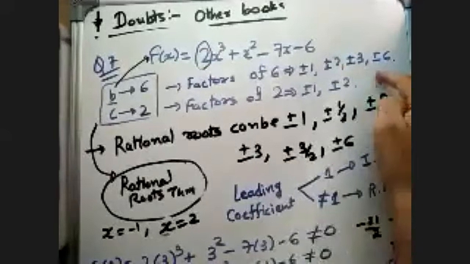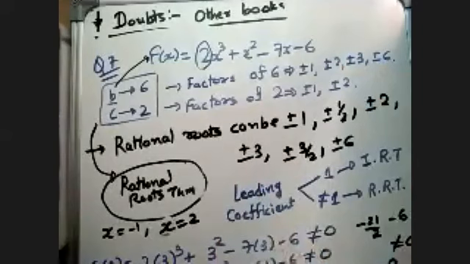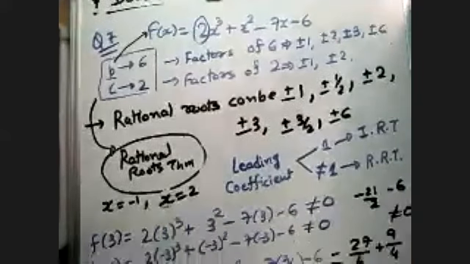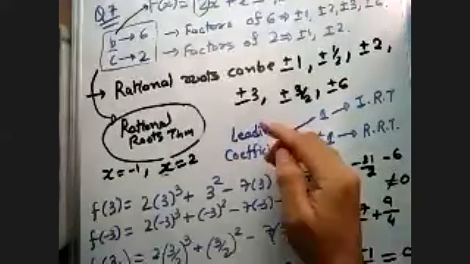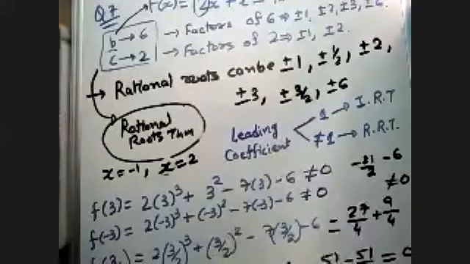And 6 by 2, it is 3, which is already there. So now is it clear to you, Yashash? Half and 3 by 2 kahan se aaya? Okay. So then by trial and error, step by step, we have put each and every value, and we got